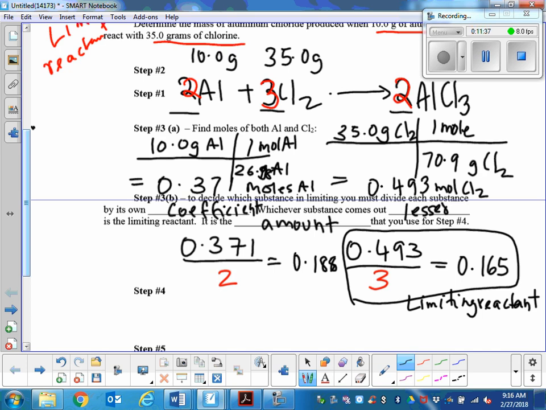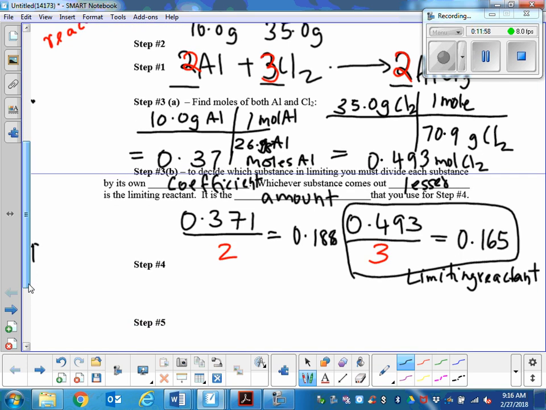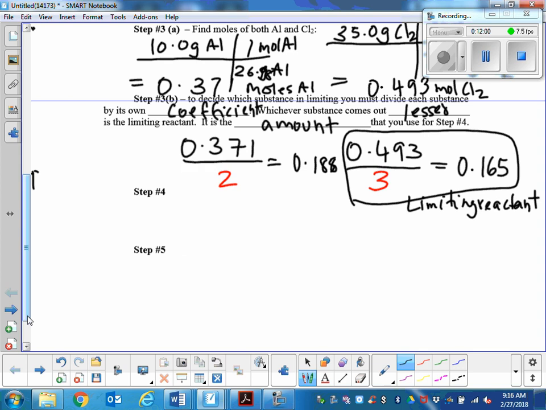I can't start with 3 cheese slices and say I'll make 6 sandwiches. You'll run out of bread. So in order to determine the amount of product formed, you always start your calculation with your limiting reactant. So which is my limiting reactant? My limiting reactant is 35 grams